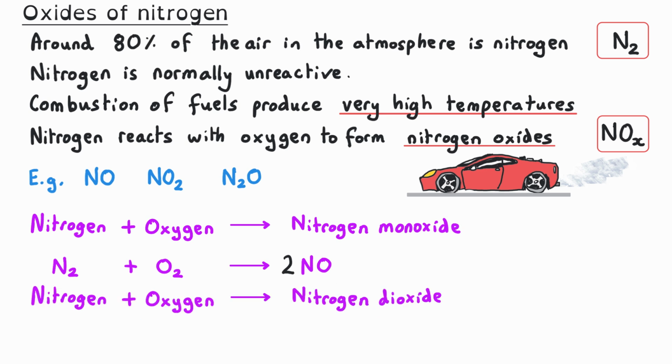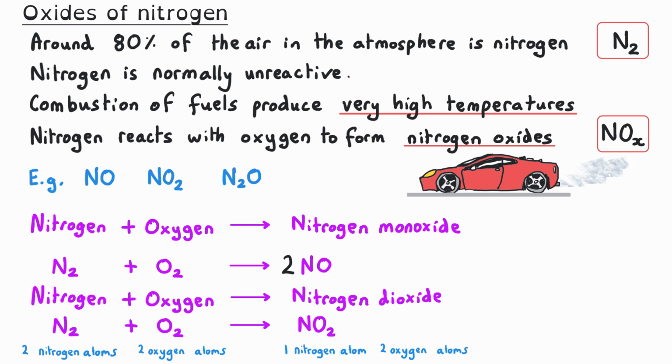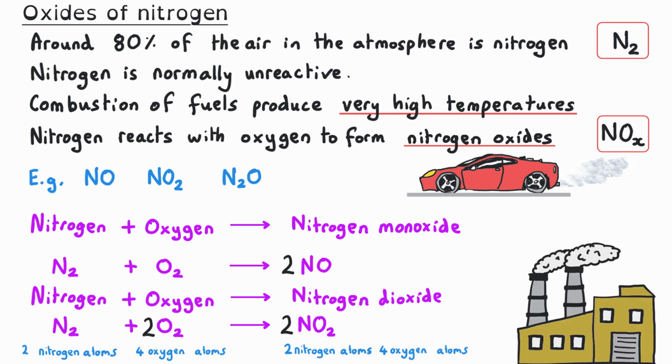Nitrogen and oxygen could also react to produce nitrogen dioxide. The symbol equation for this has N2 plus O2 producing NO2. This is currently unbalanced for atoms of nitrogen, so we need to put a 2 in front of the formula for nitrogen dioxide. That gives us 2 atoms of nitrogen and 4 atoms of oxygen in our products. And so to get 4 atoms of oxygen in our reactants, we need to put a 2 in front of the O2. These reactions occur as side reactions during combustion and are more common in vehicles and industrial processes where